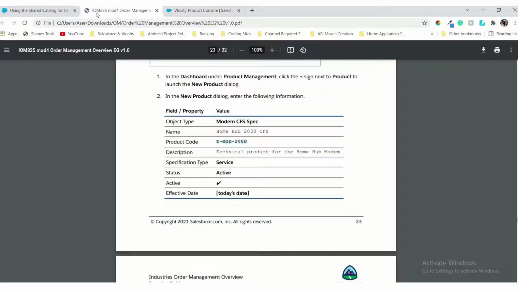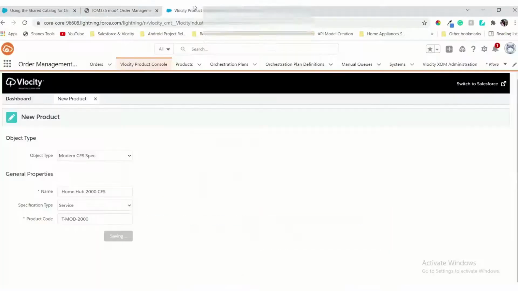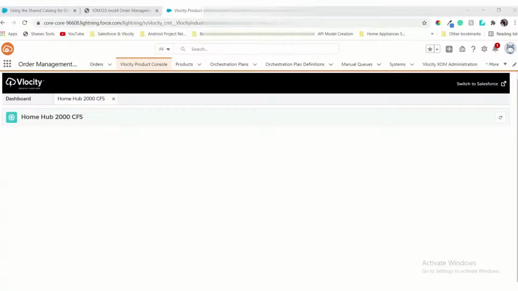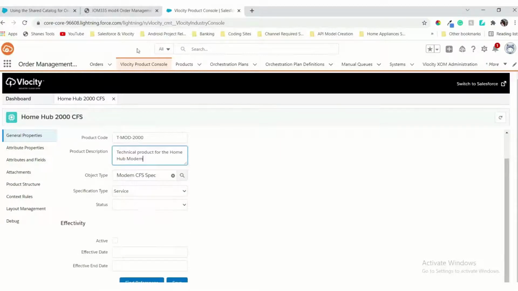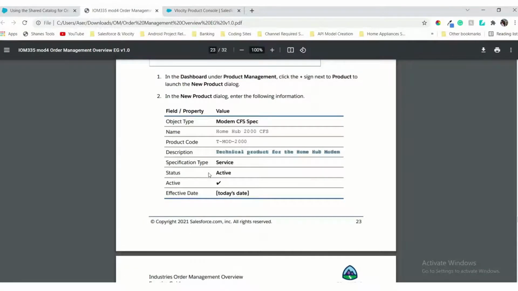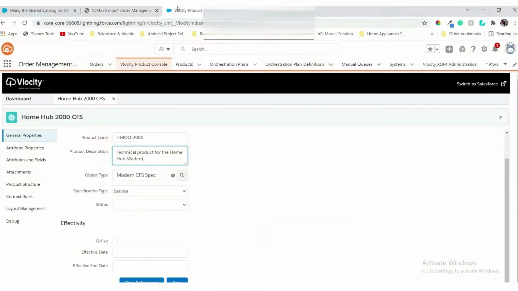After saving it, it will come with the description and all these things, then you fill them out. Just copy the description and let it save. It will take some time. Now the product is created, let it load. So now it's come back, and then the product description. Now what they are saying: status active and effective date is today.